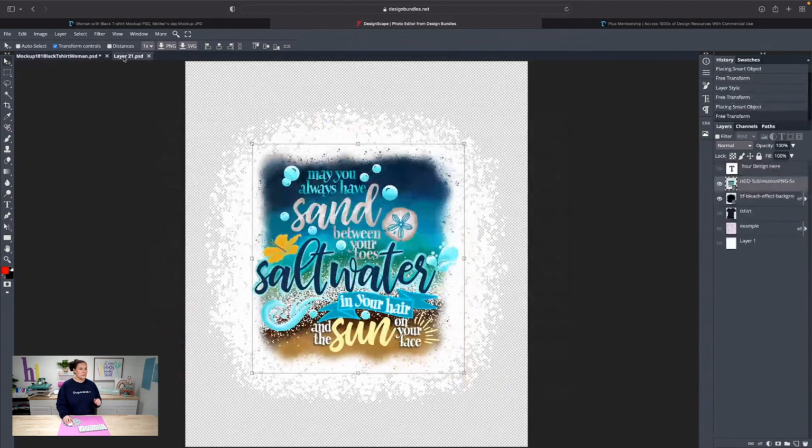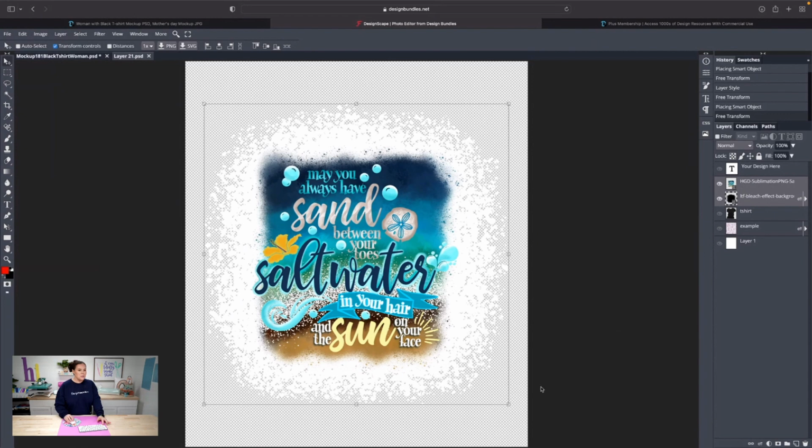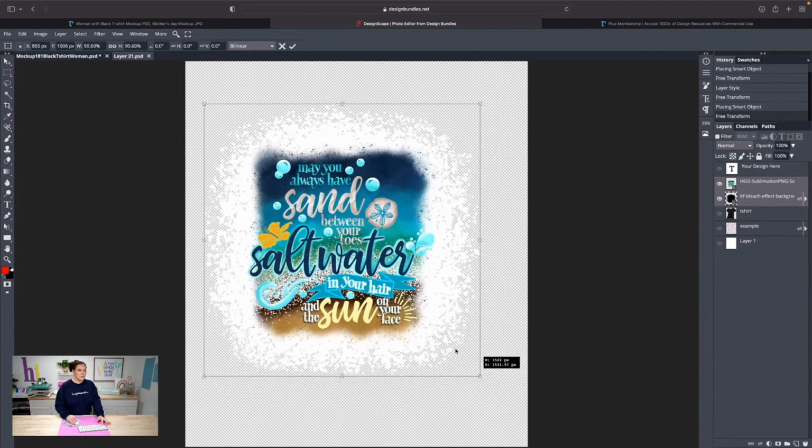So if we go back to this layer, two tabs here, we're going to go back to our layer. And I'm actually going to select both of these layers here. So I'm going to hold down the Shift. And you see how I have it highlighted here? You can see the gray. Hold down the Shift, and I'm going to select this one as well. So now I'm going to hold down that Shift, so I can size both of these at the same time.